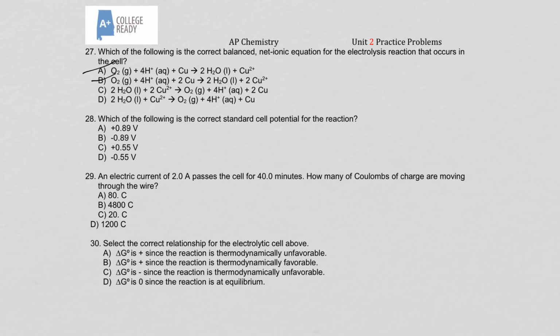So that means the water, when it was reversed, became the oxygen gas, as you notice in C and D, is a product. And water is the reactant once that reaction was reversed. So now we're down to which one of these is correct, because they both look very similar, and it really comes down to